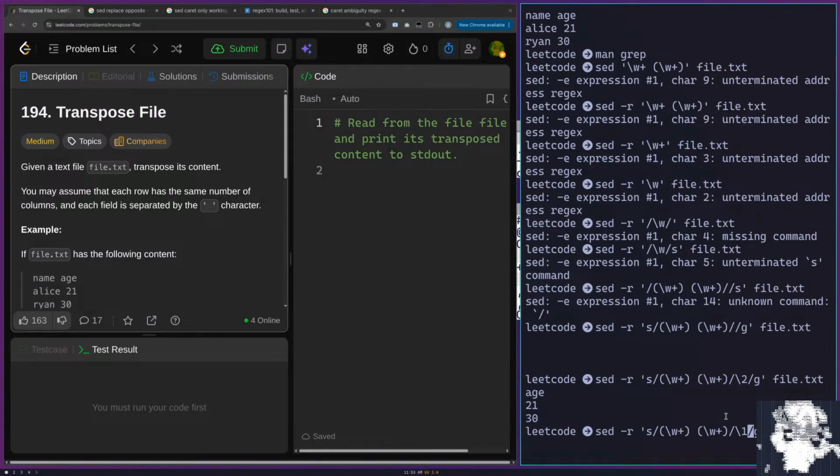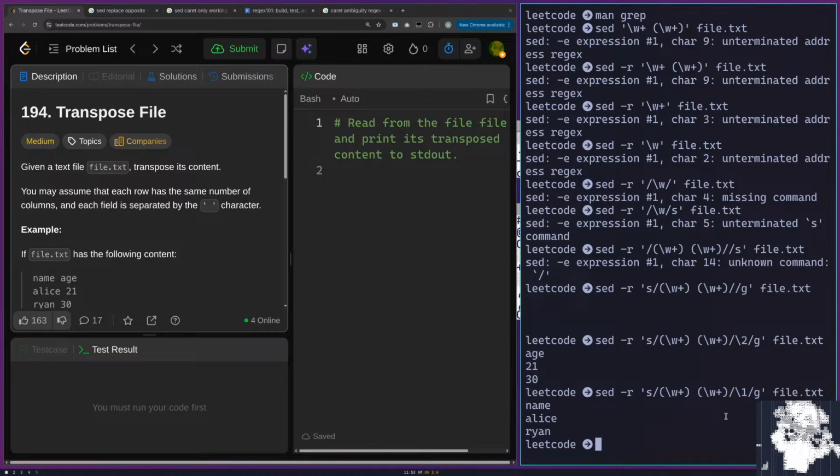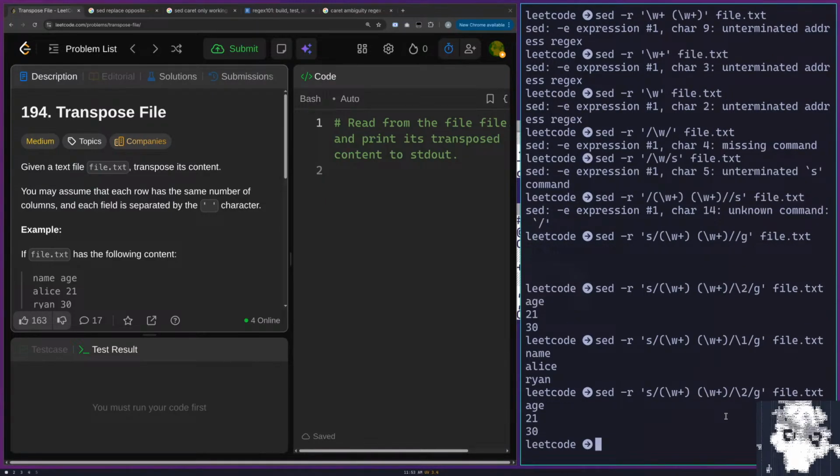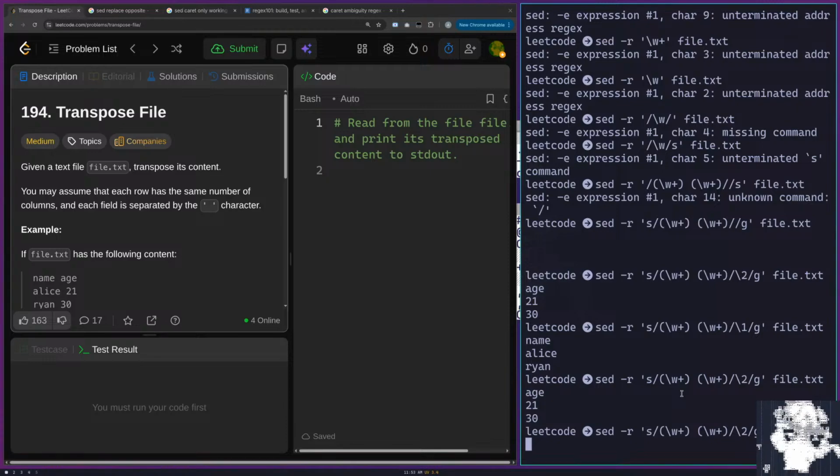So now if we do \1, we get the first column. If we do \2, we get the second column. But this only works with the strings that have 2 columns. We have a regular expression that matches each word in the string, in each line, and then we can select whether we want the first or the second. So if we took this,